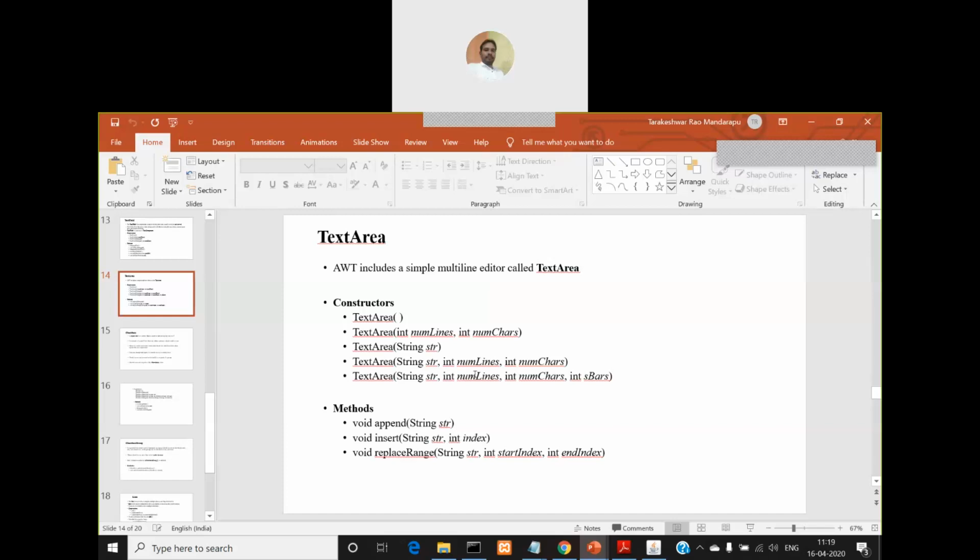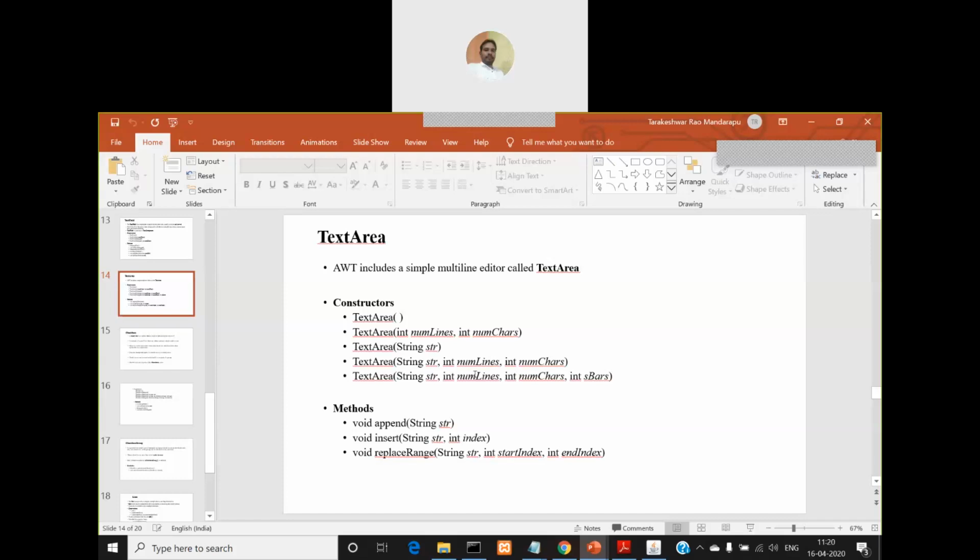And coming to the fifth one, it has the default string as first parameter, and it also has the width and height, and another parameter, the fourth parameter, which is also of type integer, scroll bars. This will specify whether you want to use the scroll bars, both horizontal and vertical, or not. By default, if you don't pass it, scroll bars will appear for your text area. Even if you don't specify, scroll bars will be displayed, but if you don't want them, you can specify with the fourth parameter.